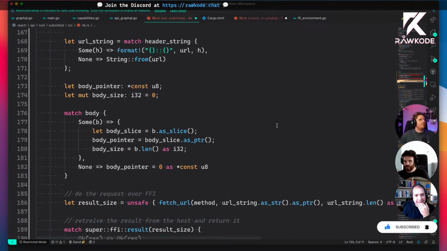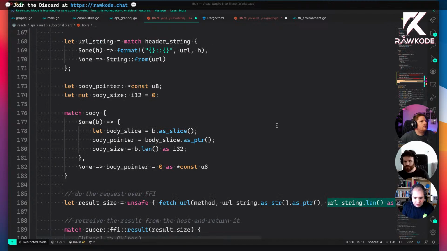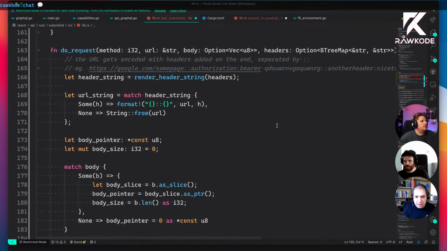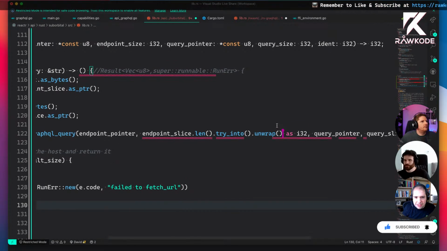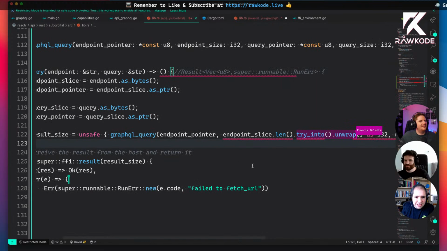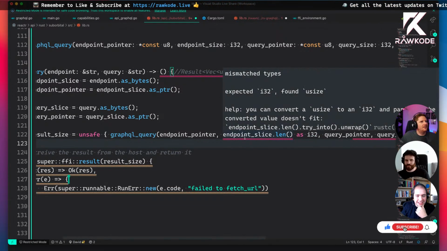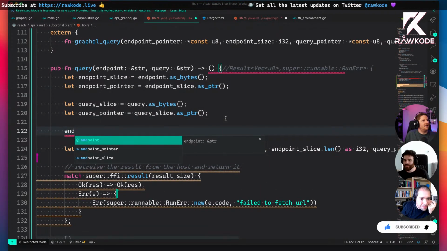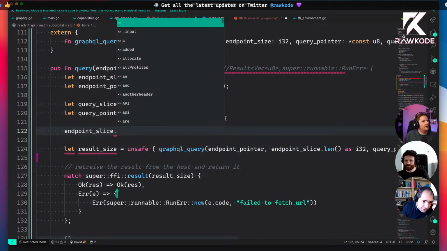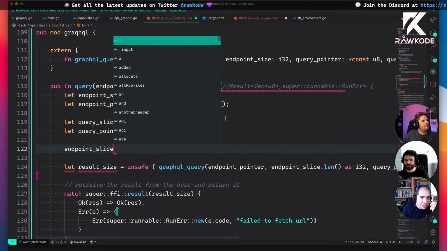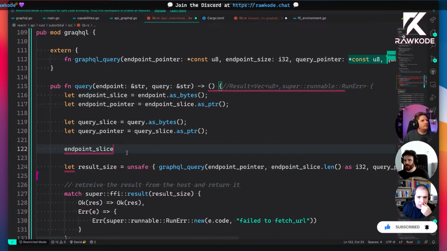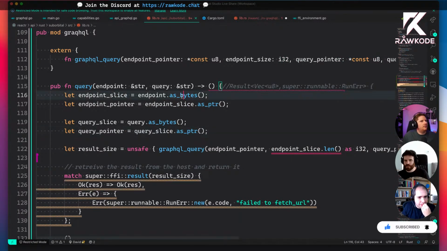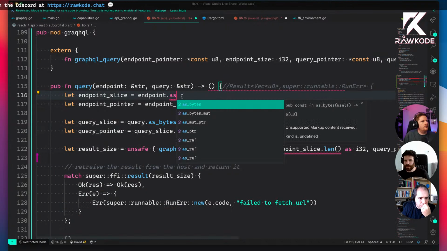That's strange. What do I do down here? Yeah, .len as i32. That's what we do down here. Did I get that right? Method not found on usize. Okay, thanks. Gotta love it when you're right at the finish line and it doesn't like it. Do we define the inputs of the GraphQL query differently than we do for the other thing? Our endpoint pointer is a const u8 and our size is an i32 for each of them. So endpoint pointer is a const u8, which is why it doesn't mind that. But then for some reason,